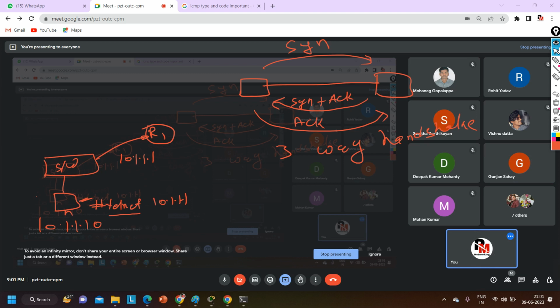Now, here first this computer will send what? One SYN message. In the SYN message there will be a sequence number as well. Sequence number 1, let's say, or sequence number is 0. So in the